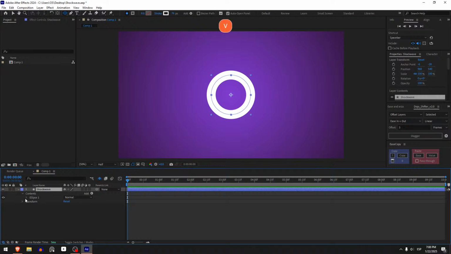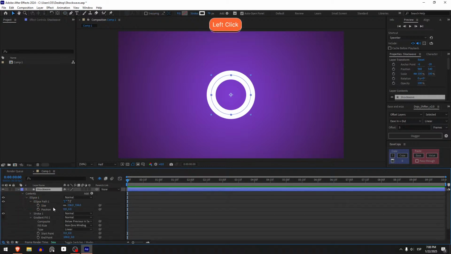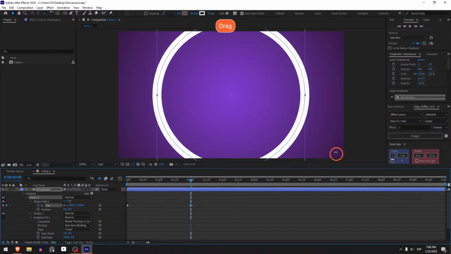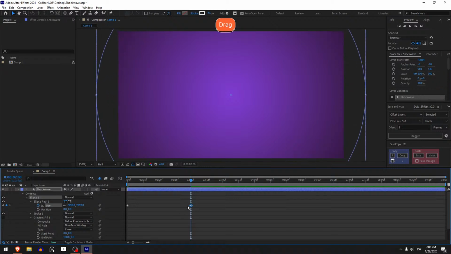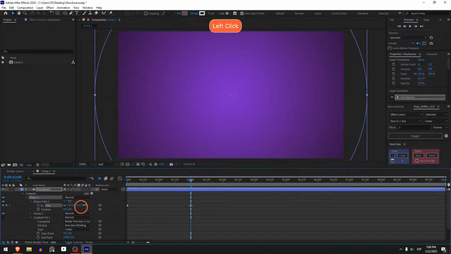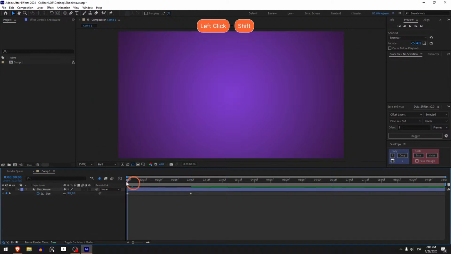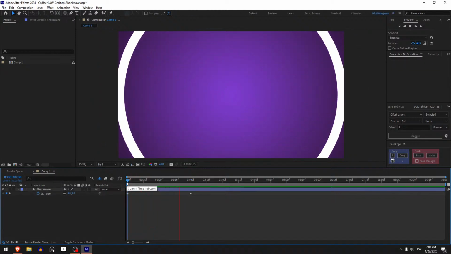So go here to ellipse path, and make a keyframe for the size. So it will start with the size of 0, go forward, and you can make it go out of the screen, just like that. There you go. So we have this animation,